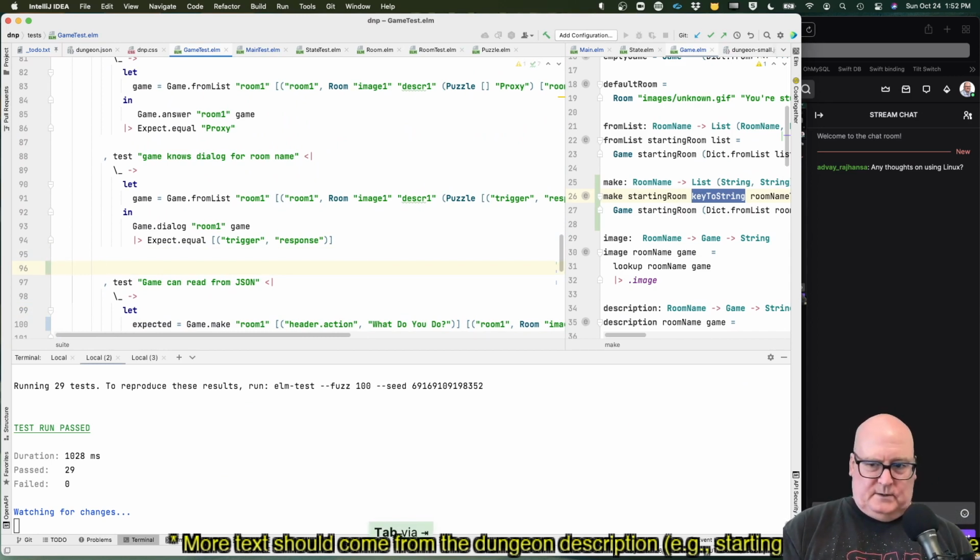Okay. So I'm just trying to find this kind of minimal test that proves we don't do anything yet. So game knows the text mapping.